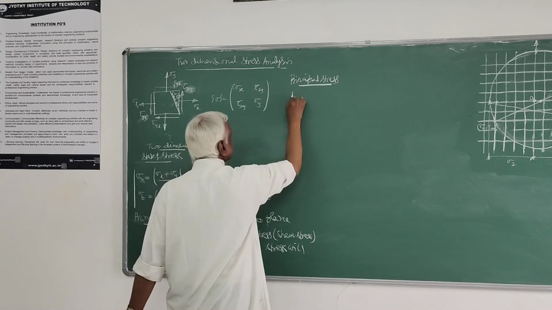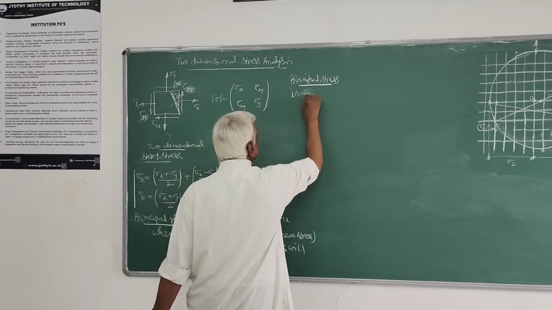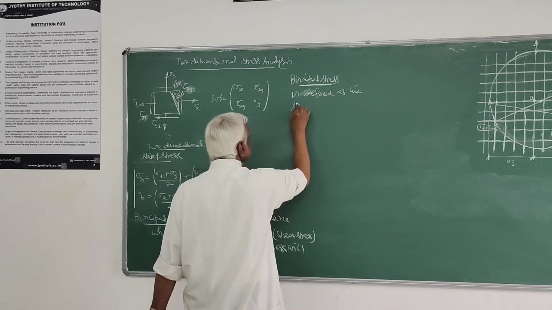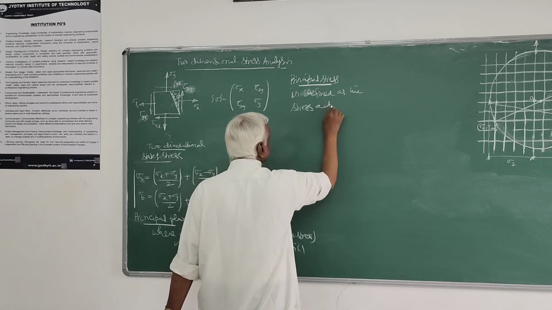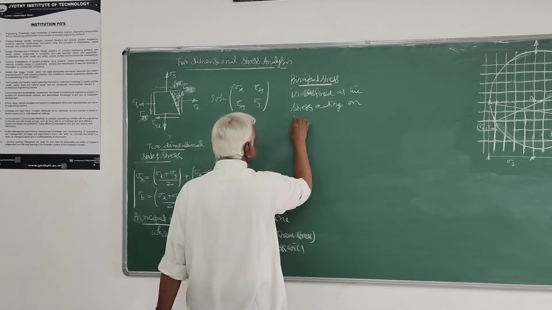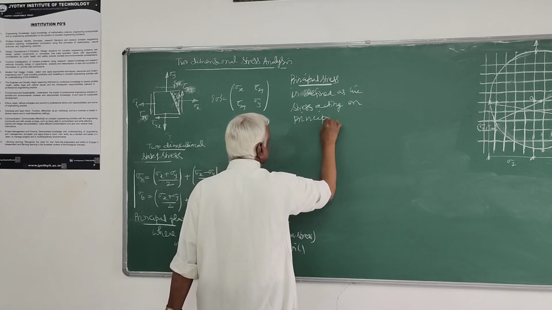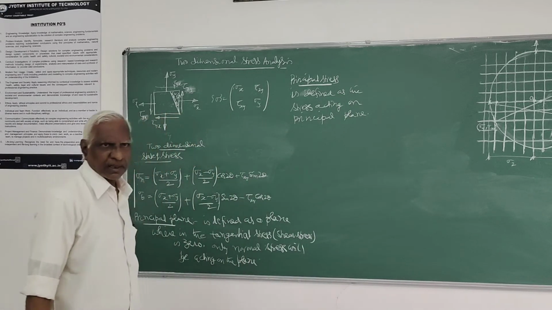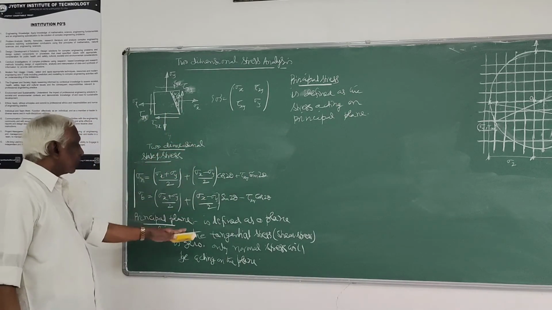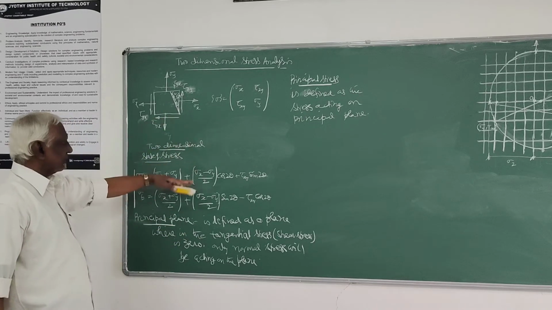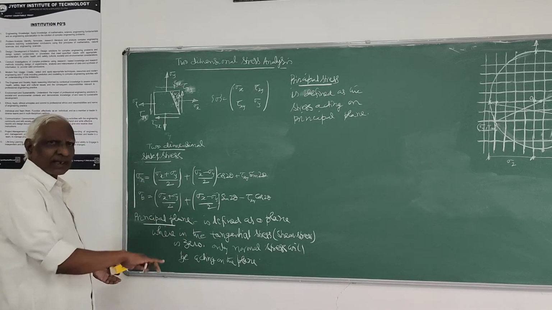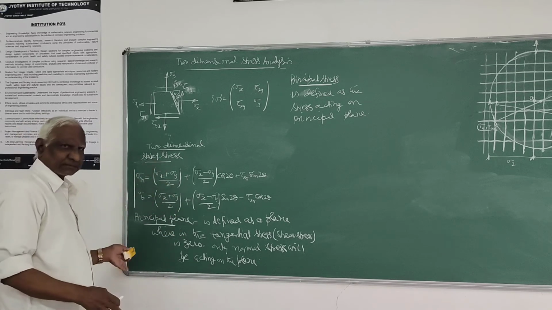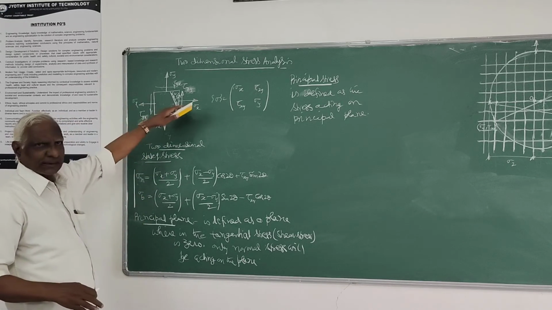So principal stress is defined as the stress acting on principal plane. That is called principal stress. Actually, there will be two principal planes. One plane, whatever you determine from your analysis, another plane exactly at 180 degrees from that. Because it is a two-dimensional thing.